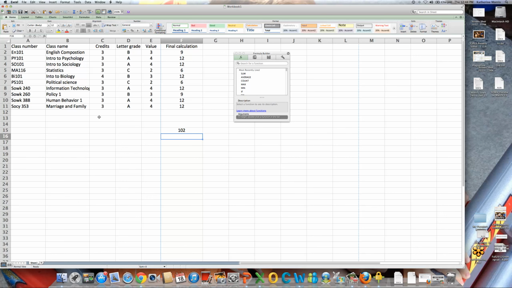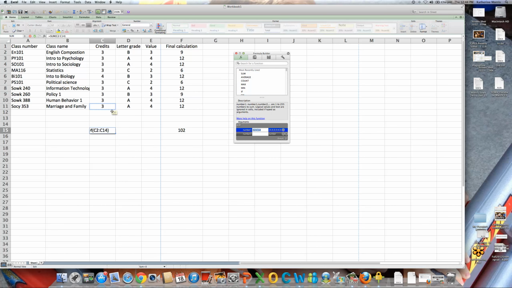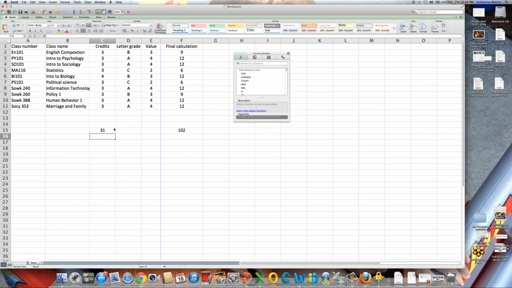Now I need to know the sum of how many credits I've taken. So I go over to the bottom of that, and I double click that, and it automatically pulls in that number, or that column. And I shrink that up and hit enter. And I've gotten 31. So now I have the number of credits and the value given for the number of credits. And in order to calculate my GPA,